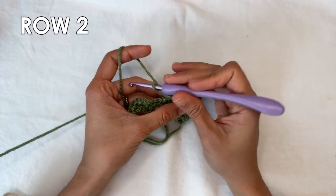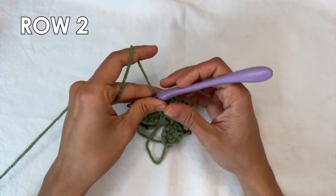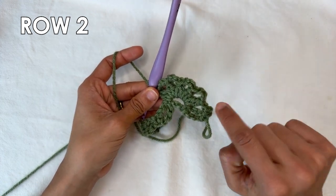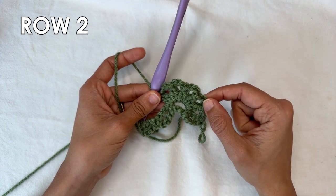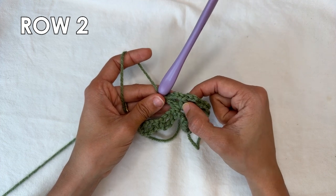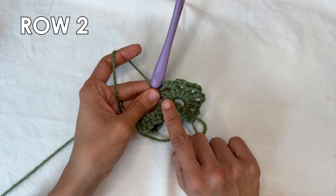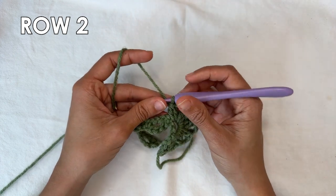So I finished my 4th repetition. Let me see here. Let's recap. I have double crochet 2 together, chain 3, double crochet 2 together, chain 3, double crochet 2 together, chain 3, double crochet 2 together, chain 3, double crochet 2 together. After the last double crochet 2 together, which should be your 5th one, we're just going to chain 1,